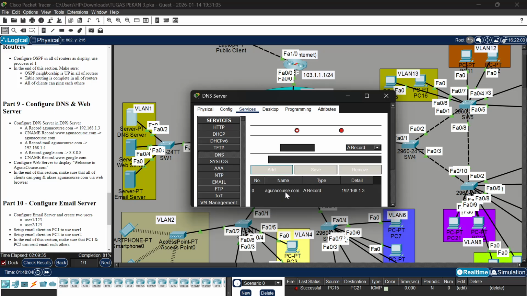Sorry, agunacourse.com record, and then we go to the CNAME, www.agunacourse.com to agunacourse.com, agunacourse.com CNAME, and then add, and we go to the record again,